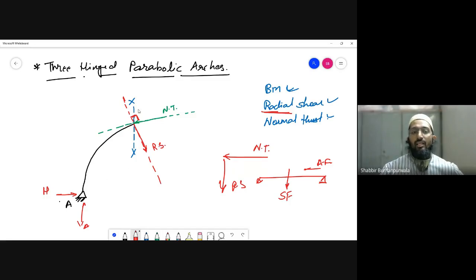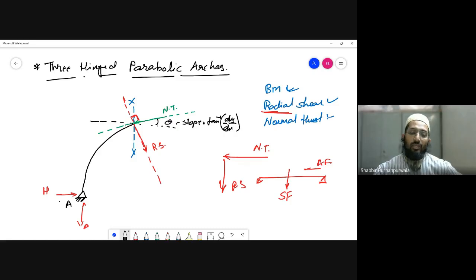If you see, हमने जो x-x बनाया है ये वर्टिकल लाइन है, और अगर रेडियल शियर और नॉर्मल थ्रस्ट को आप लोग देखेंगे तो they are at a certain angle. So let me just make a horizontal line for you. So this angle that you see, which it is making with respect to horizontal, the angle that they make with respect to horizontal is the slope और the curvature। स्लोप या बेसिकली कर्वेचर, ये अगर हमको देखना है तो कैसे मिलेगा, tan inverse of dy/dx। ओके, tan θ is the slope. So θ अगर एंगल चाहिए मुझे तो वो कैसे मिलेगा, tan inverse of dy/dx।